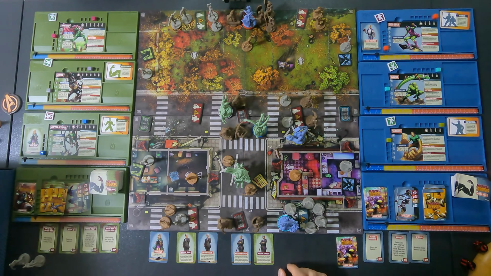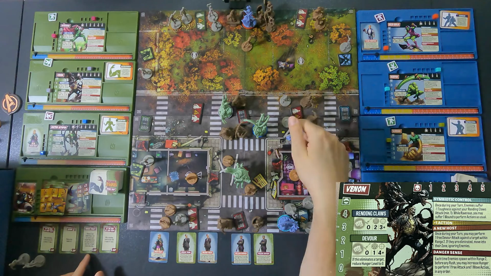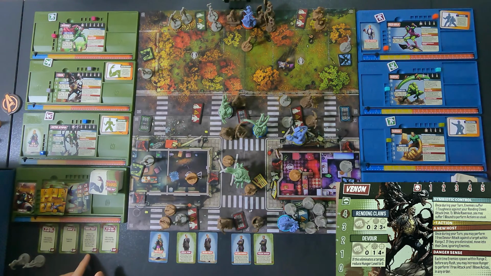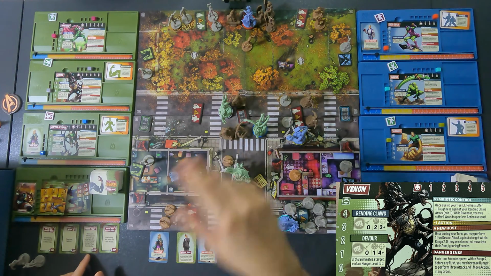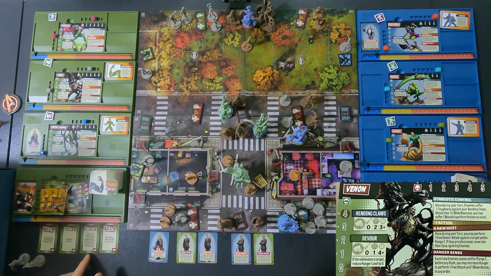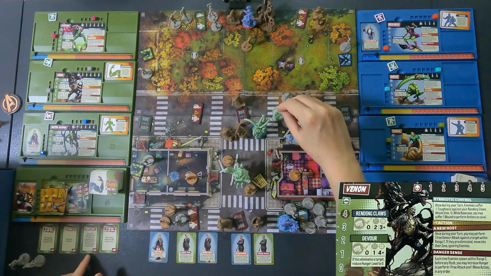Okay, then we have the other side. We have Venom. He is going to... I was going to say he's going to go, but there's no go. That was here. Activate all friendly minions. Choose a zone within range 1 and roll 1 die for each friendly minion. There's only 2 dice, it's not worth it. Venom is melee, alright? You cannot change it into ranged. No. So Venom is going to move 1. He's going to go in here and he's going to attack Sandman